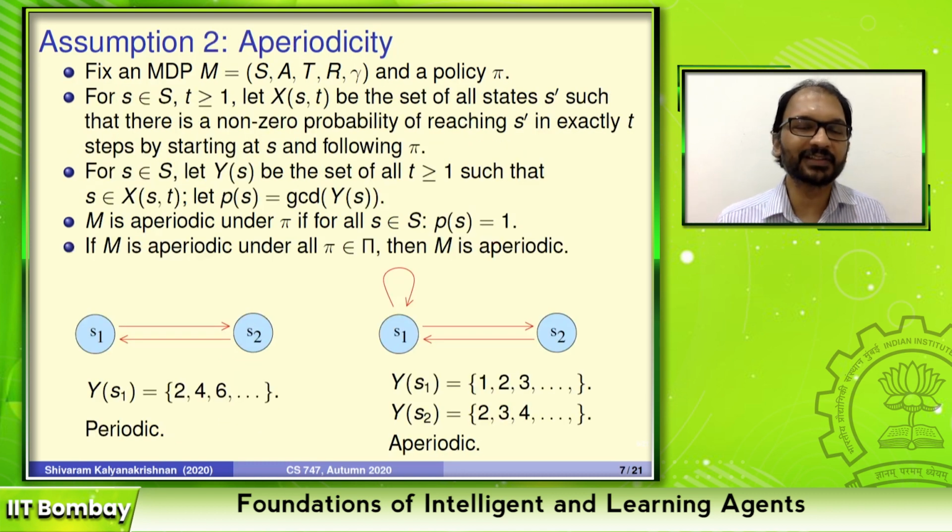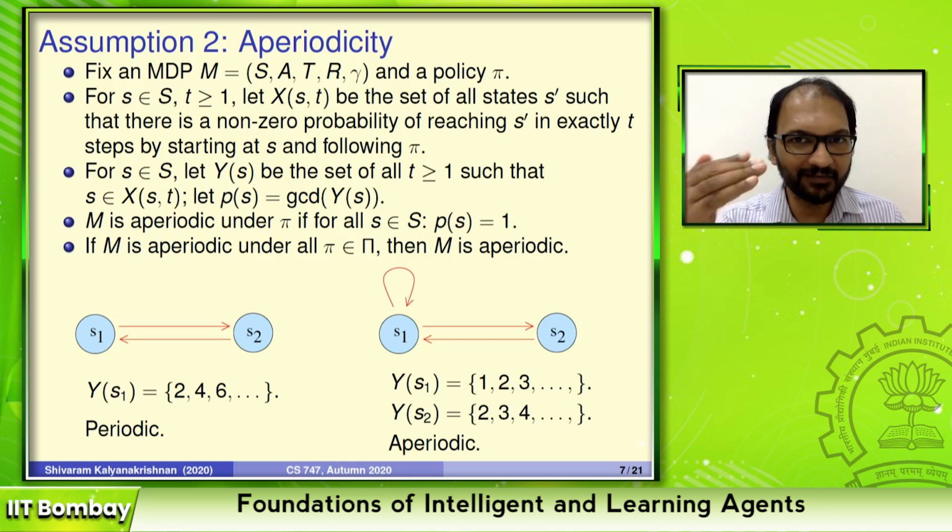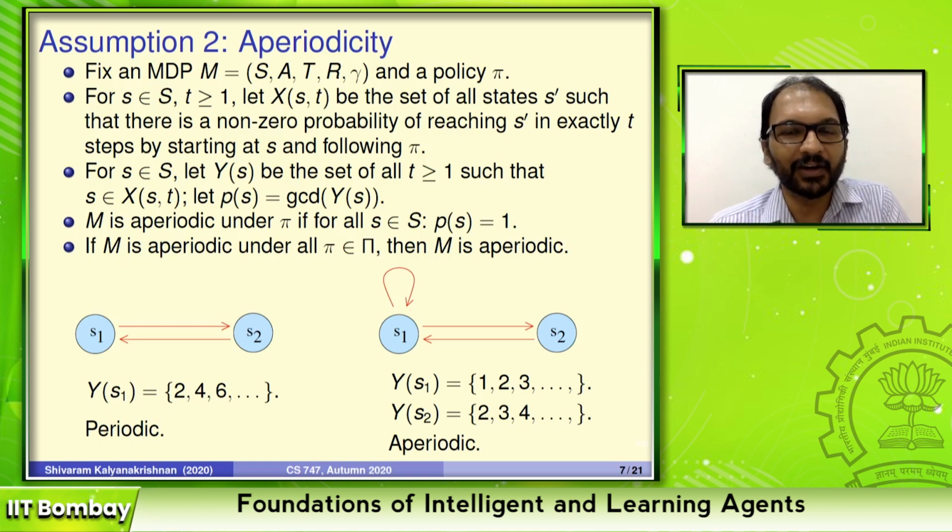Assumption number two is not nearly as crucial for us right now, but I'm giving it to you anyway because it is something that we will possibly use in the later part of the course. This is somewhat more technical, and this is the notion of aperiodicity. Periodic means something happens at time step 5, 10, 15, 20. That's periodic. So aperiodic means it doesn't have a period like that. So what is aperiodic? Again, let's do the intuitive explanation first and then the technical definition.